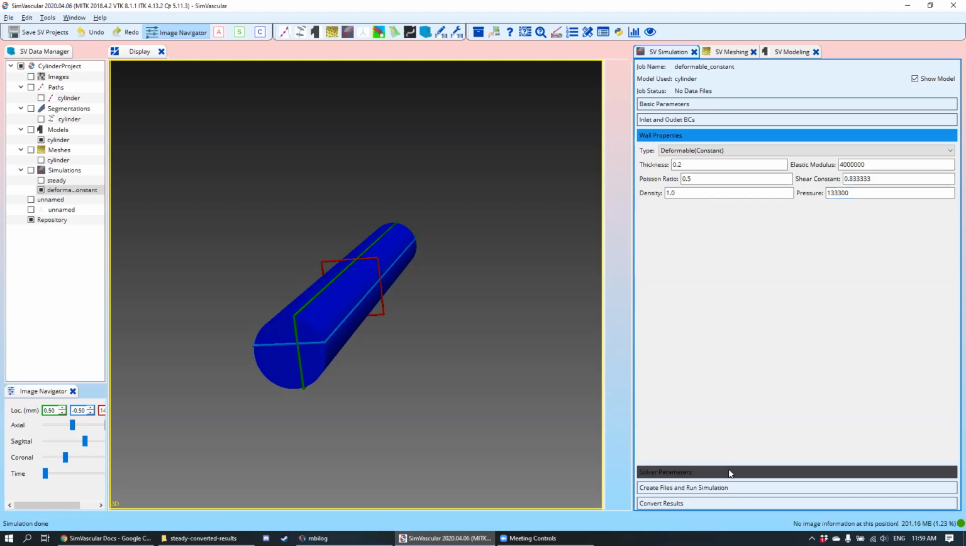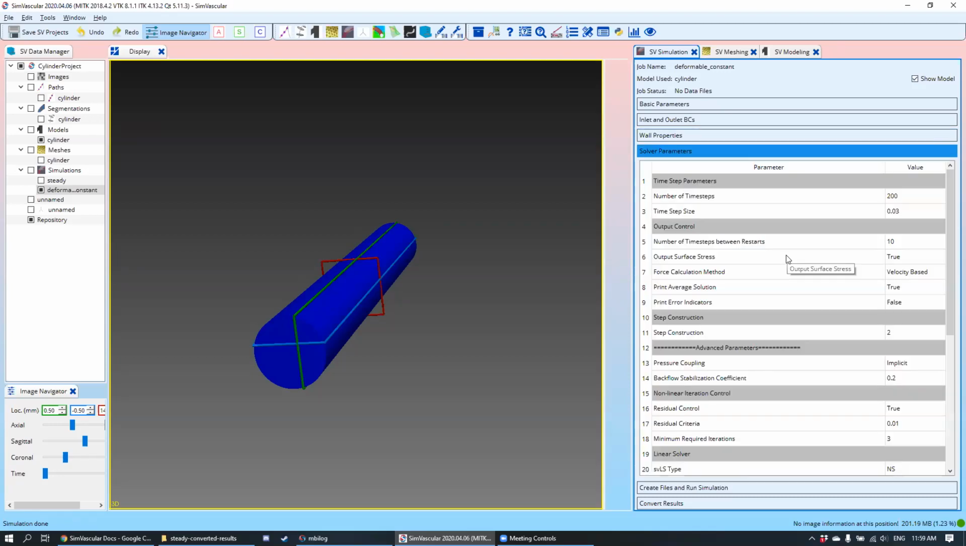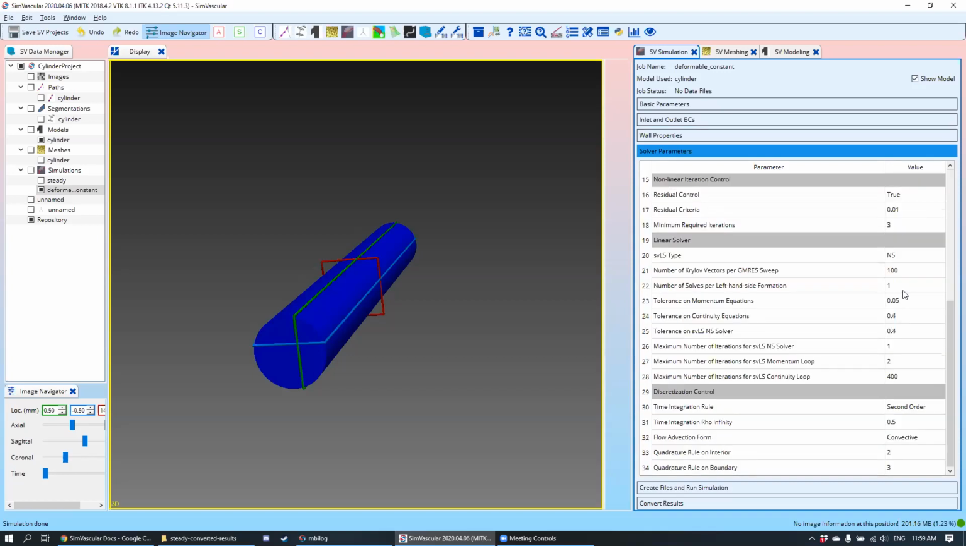Okay. So the next thing we're going to set is our solver parameters. Most of this we're going to keep the same. In reality, you might want to change this, specifically the time step size. You might want to make that smaller because deformable wall simulations are a little bit more difficult to converge. But the only thing that I really want to stress you guys to actually change is the linear solver